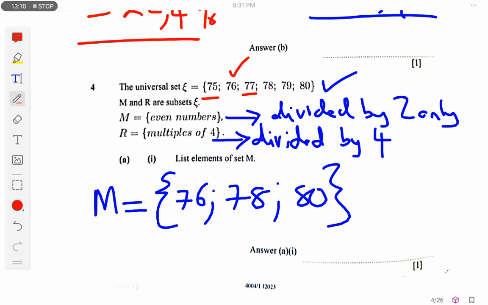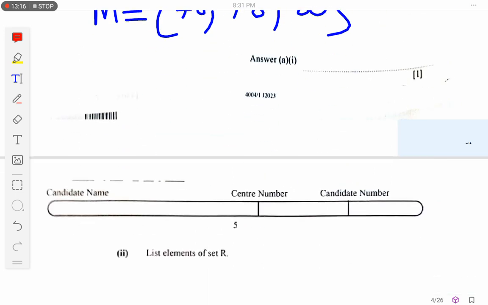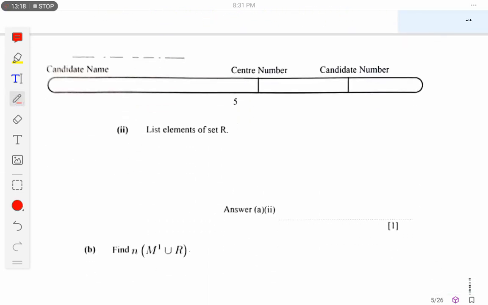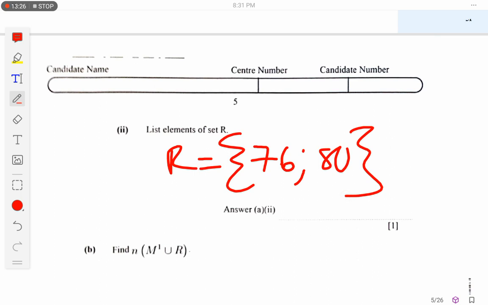77, no. 78, we can't also. 79, no. 80, we can. Okay, so it means for R there, we are having elements of R. These are 76 and 80 like that. Okay, let's move on. Now the next question, part B of the question,